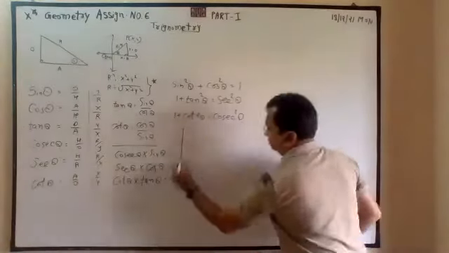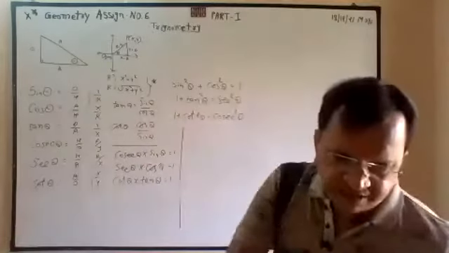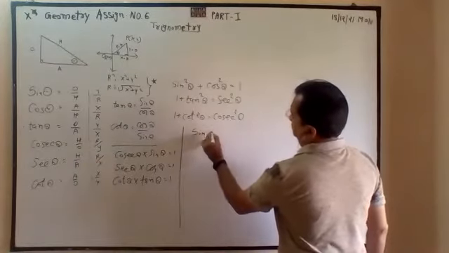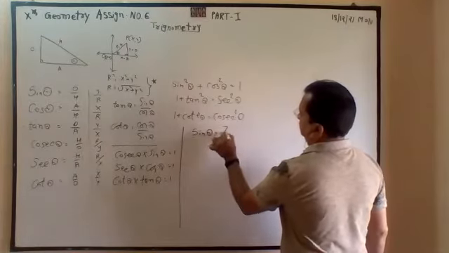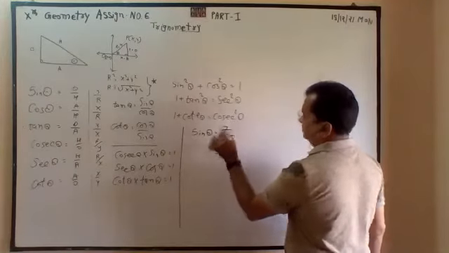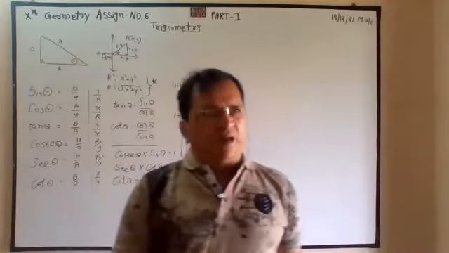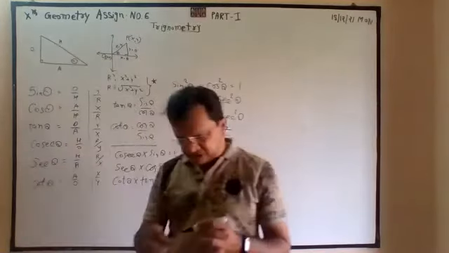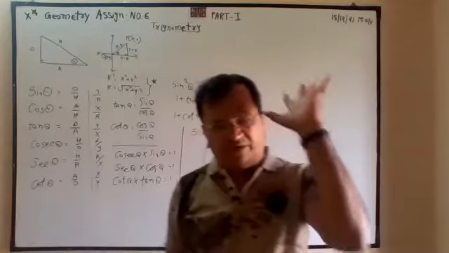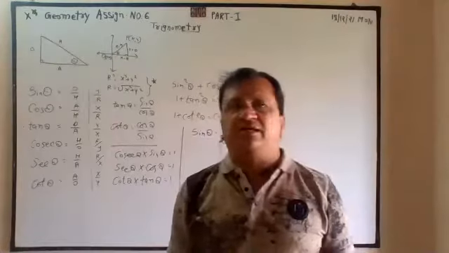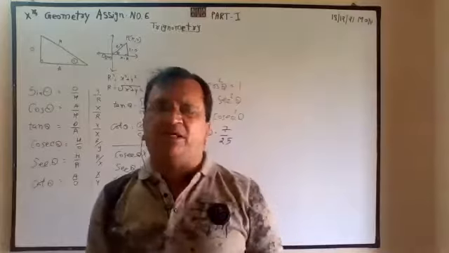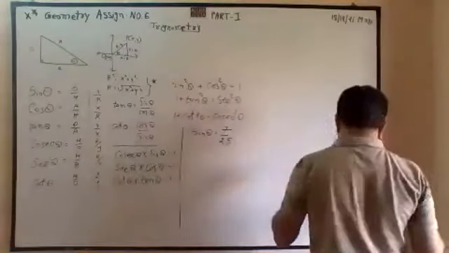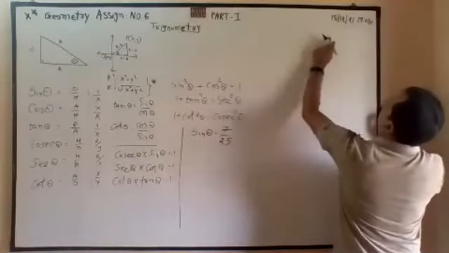Okay, so question number 1. It is given that sine theta is equal to 7 by 25. Any one ratio is given out of these six. Out of these six, if any one ratio is given, it means two sides are given. The third, you have to find by Pythagoras. And in Pythagoras also I have given a very nice idea.